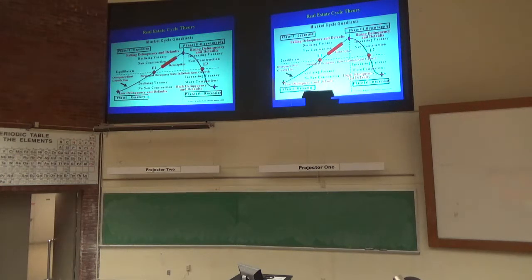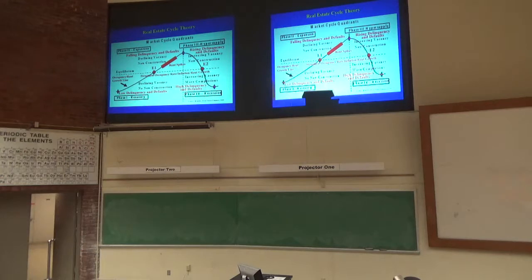Where is the Bay Area in regards to single-family housing? What quadrant? Probably 3. So we're probably too early in the cycle to be, for most of the markets are in quadrant 4, because we're not in a recession yet. And we're so late in the cycle, there's already new supply, that we're not in quadrant 2. And we're definitely not in quadrant 1, where there's no supply or a recession.